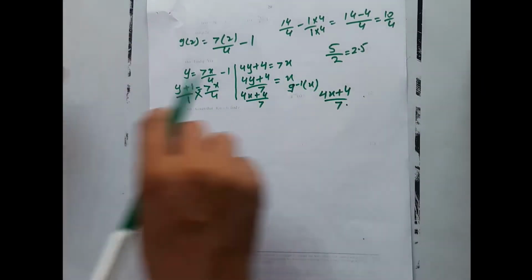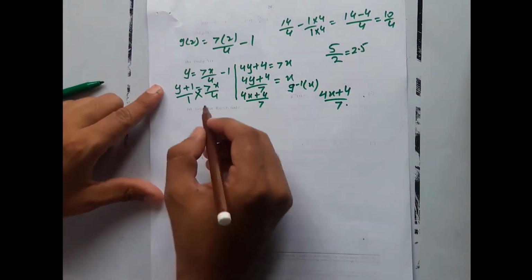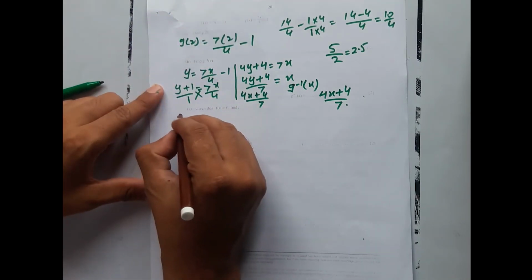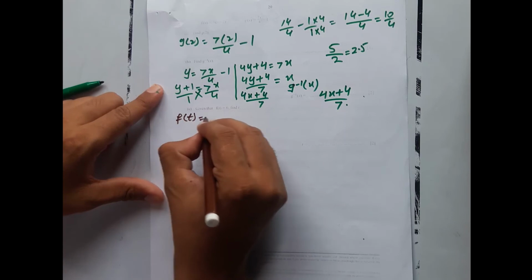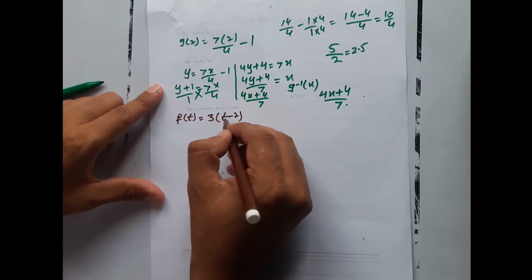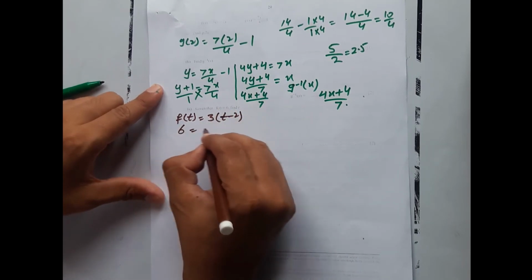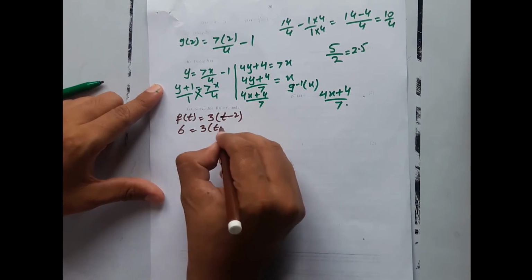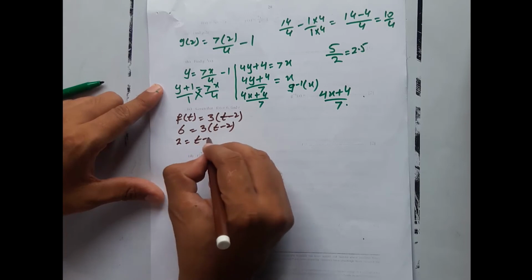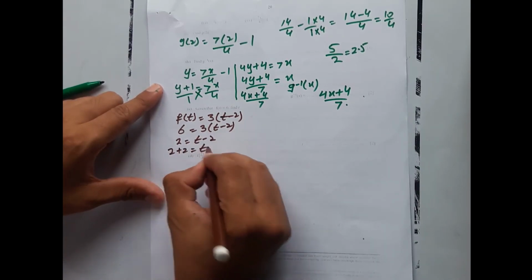Now we have to find t, given that f of t is equal to 6. So we have to place the t value in place of x. So f of t is equal to 3 into t minus 2. X minus 2 is basically t minus 2 now. So the whole function is equal to 6, f of t is equal to 6. So 3 into t minus 2. 3 is multiplying here, will divide on the other side. This will become 2. So t minus 2 equals 2. Minus 2 will shift to the other side. So 2 plus 2 is equal to t. So t is equal to 4.